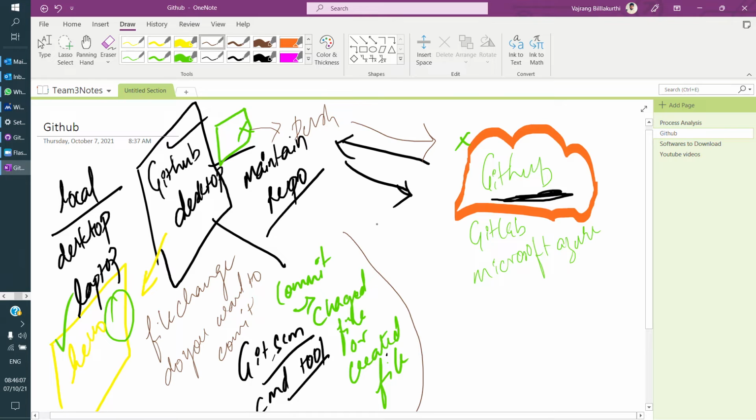Swapna, can you tell me from the beginning what we are doing? Sir, we are maintaining the code repository. To maintain the code, we are using GitHub. For that, we have downloaded the GitHub Desktop version in our local system.